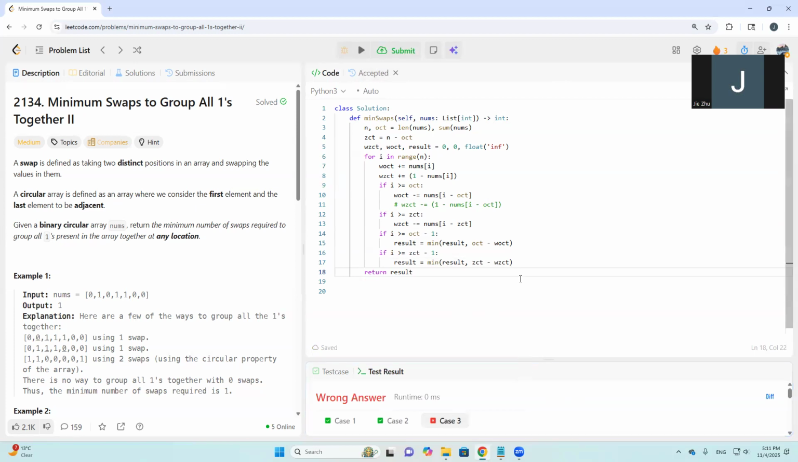Let's take a look. So for window, if minus equals to, this is my 1 minus. So zero count, should it be 1 minus